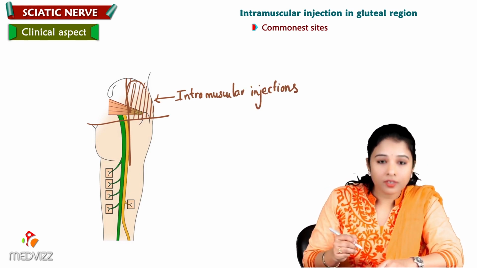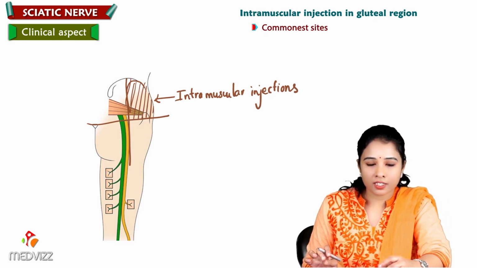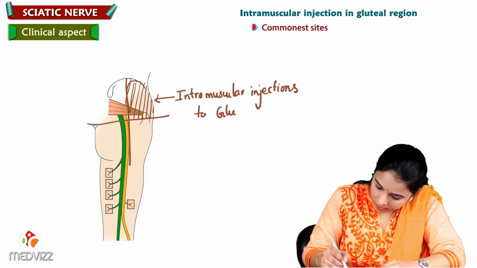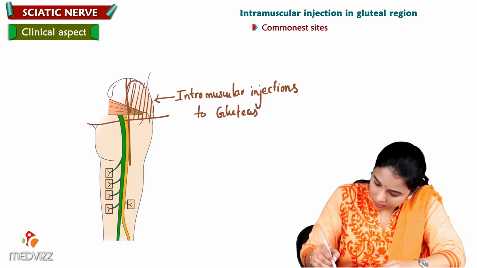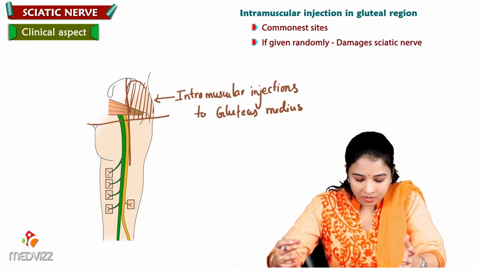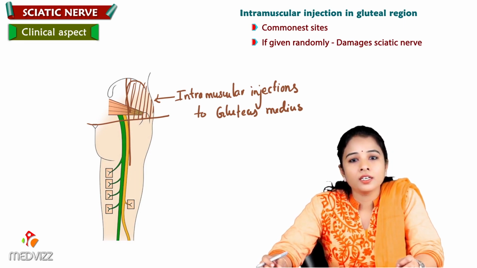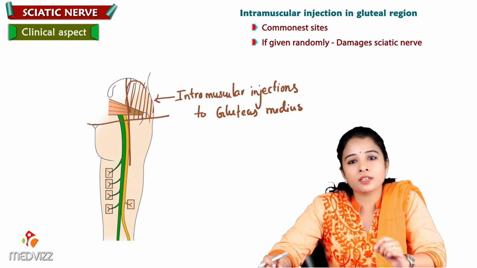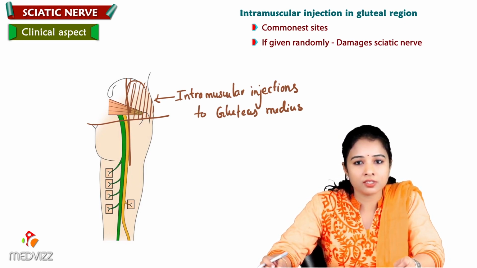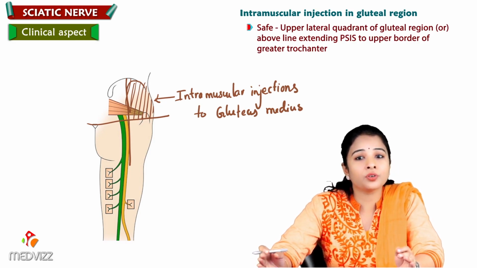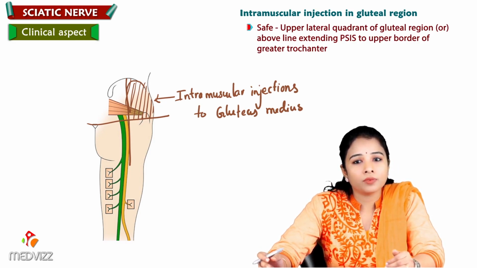So this is where the gluteus medius is exposed. So we give this injection to the gluteus medius. If given randomly anywhere instead of choosing the right site, it may damage the sciatic nerve. Thus, that is the reason we should know the right site for intramuscular injections. It is safe only when we give it in the upper lateral quadrant of the gluteal region, or above